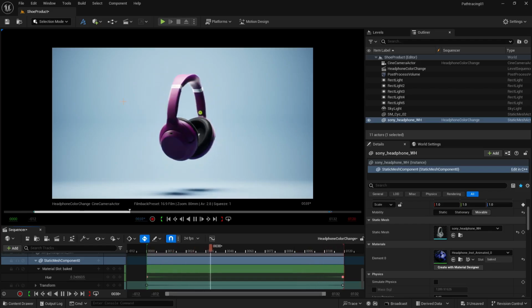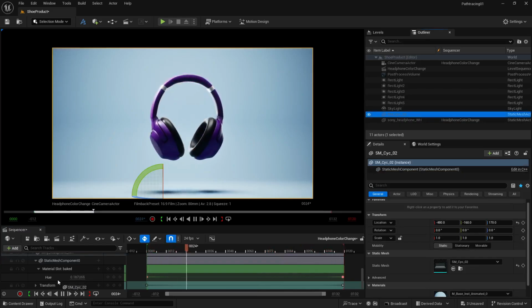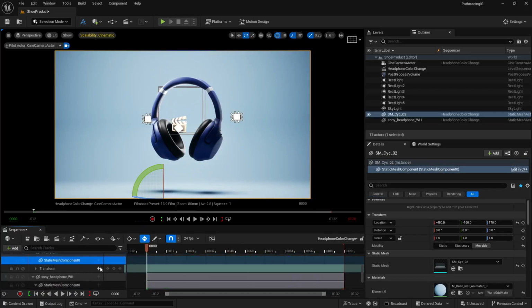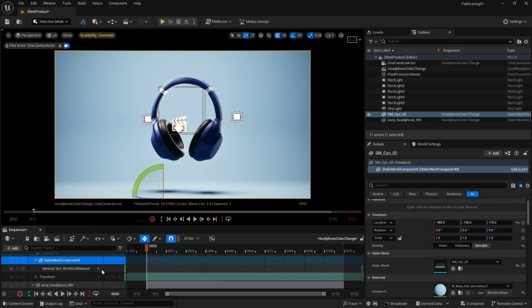It's really easy, guys. What you need to do is add this to your sequencer as well. Okay, and now you need to click here static mesh component, again click here, then you go to slot world grid material. Okay, again click here, and what we want is base color animation. Whatever you want should be promoted to the parameter as well, or else it is not going to work. So you need to make sure that it is promoted to parameter in order for this to work.